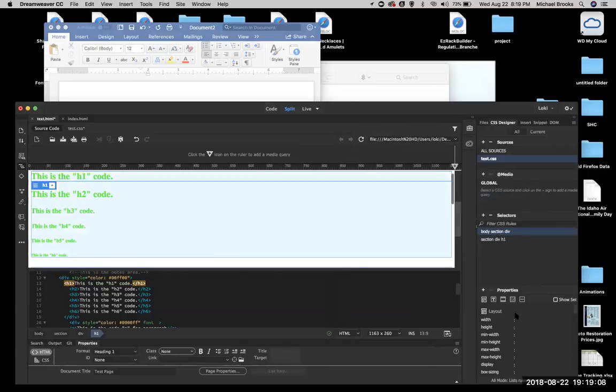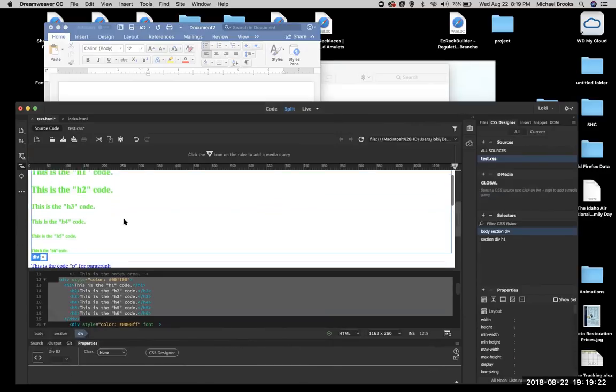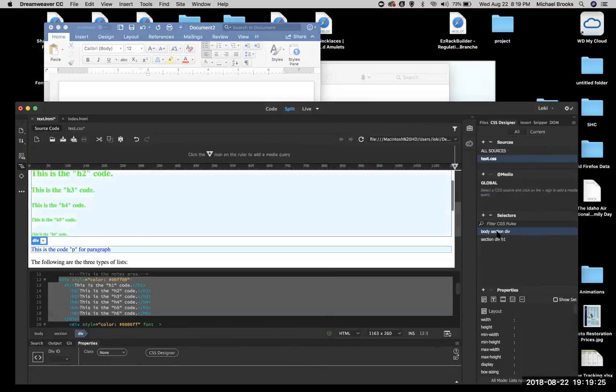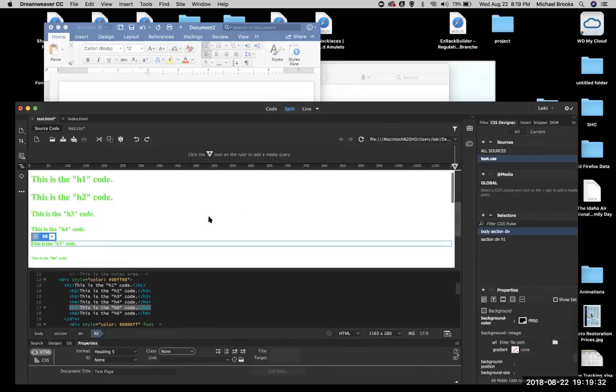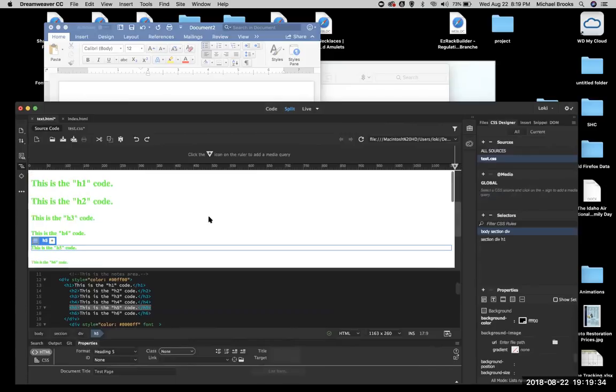Now for this section, let's put a background color on it of FFFF00. All right. Now notice nothing happened. Again, that's because we're not down to the lowest. Does that make sense? Where if I go to H1, so we're going to clear that, go to H1,